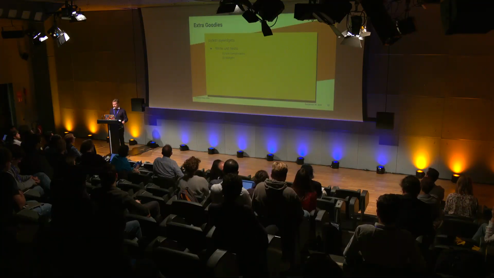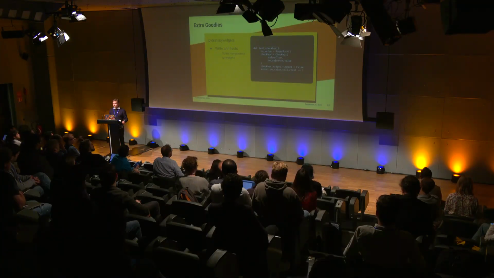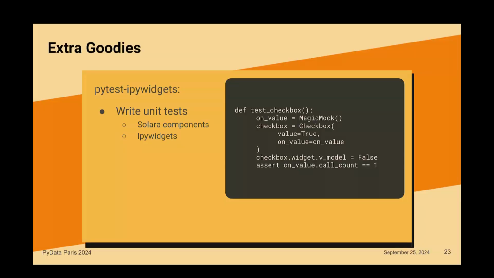Cool. Here's an example of some tests you could write for a checkbox, where we create an onValue function that should be called whenever a state changes. We create a checkbox, but note, we don't need to hook any front end up to this. We don't need to actually render this checkbox. We can just have it live in the widget side of things, and we can test everything purely in Python